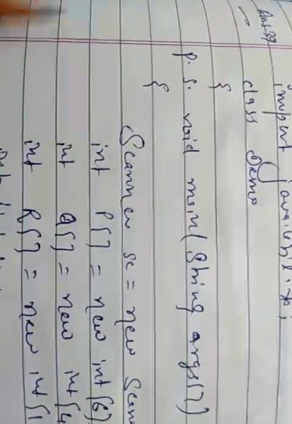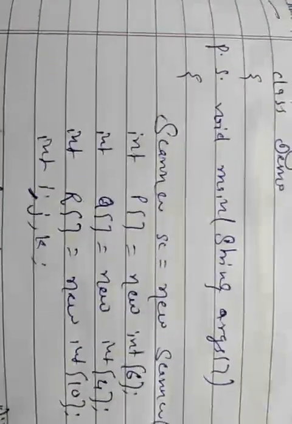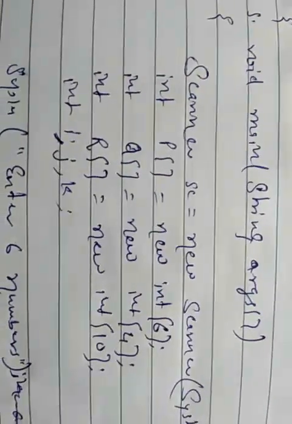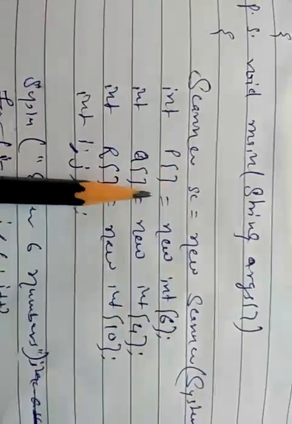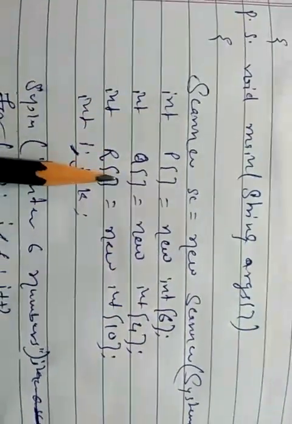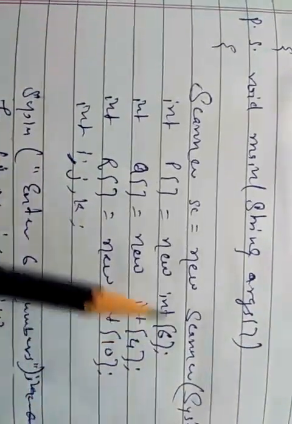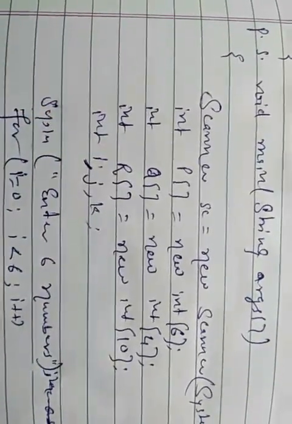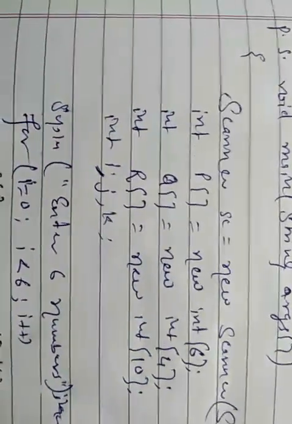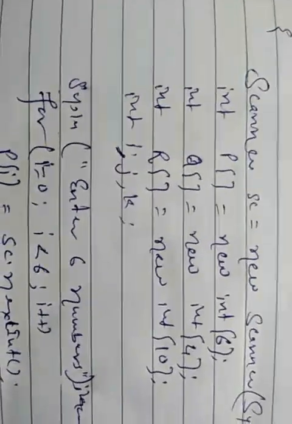First we have declared the package import java.util.* for inputting data from the Scanner class. We declared a class and mention the function public static void main(String args). Now we declare the Scanner class object, and we require one array P of size 6, and one array Q of size 4. And third, we require the array R of size 10, because this will contain all the elements of P and Q. And here we require i, j. We can use all three variables, or we can use only two variables in this program.